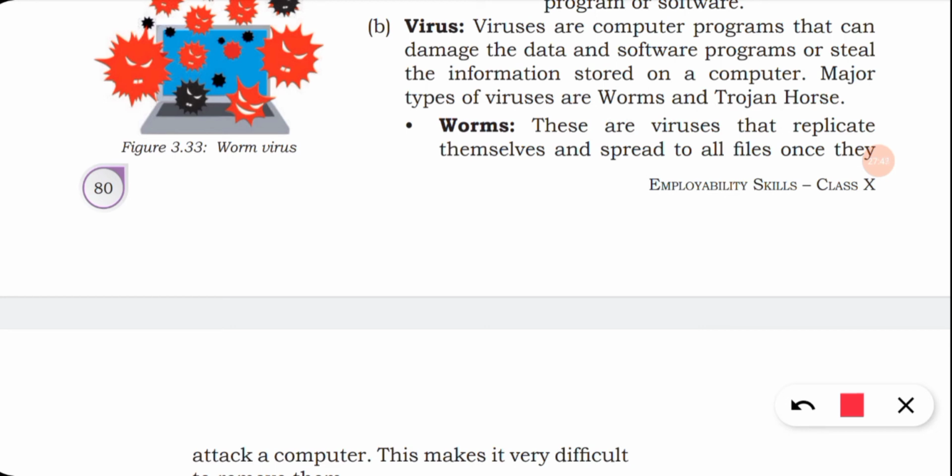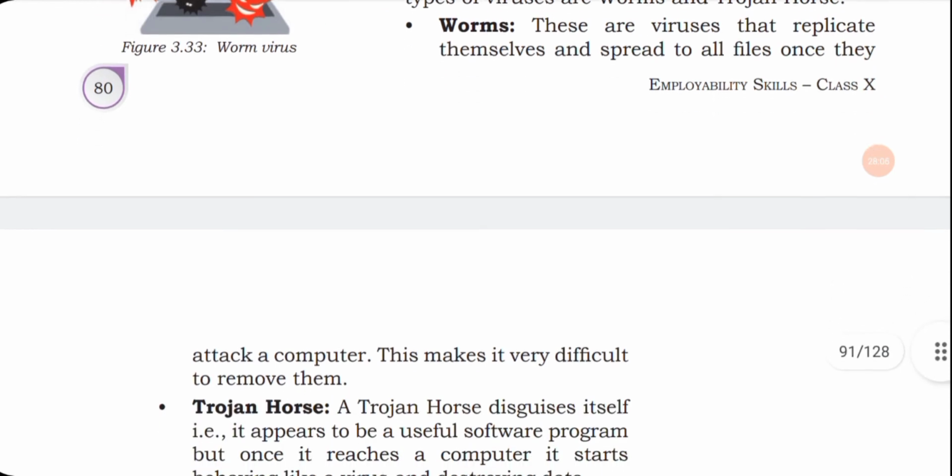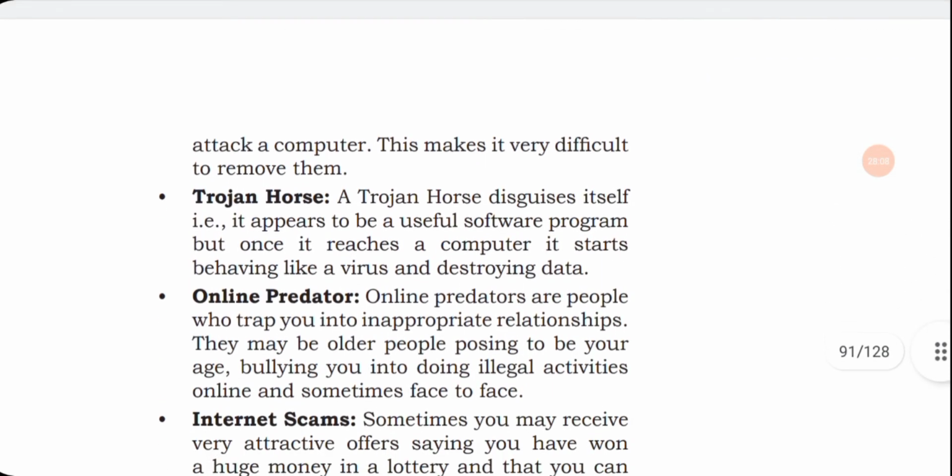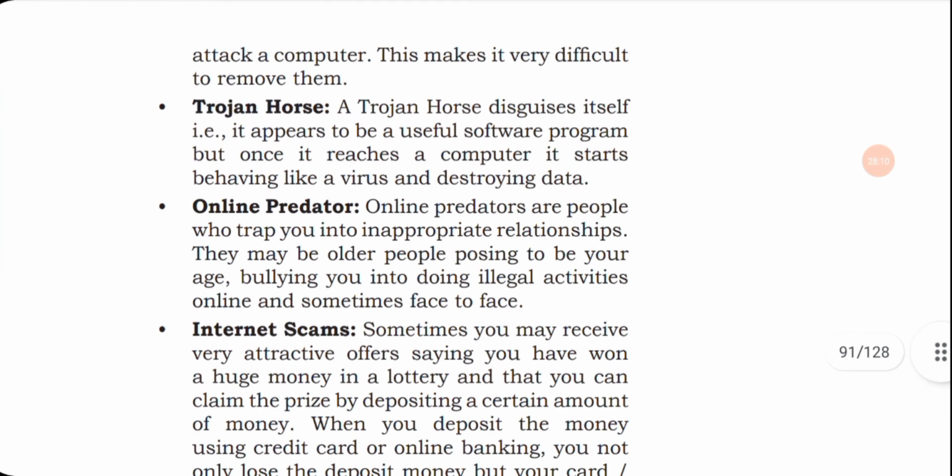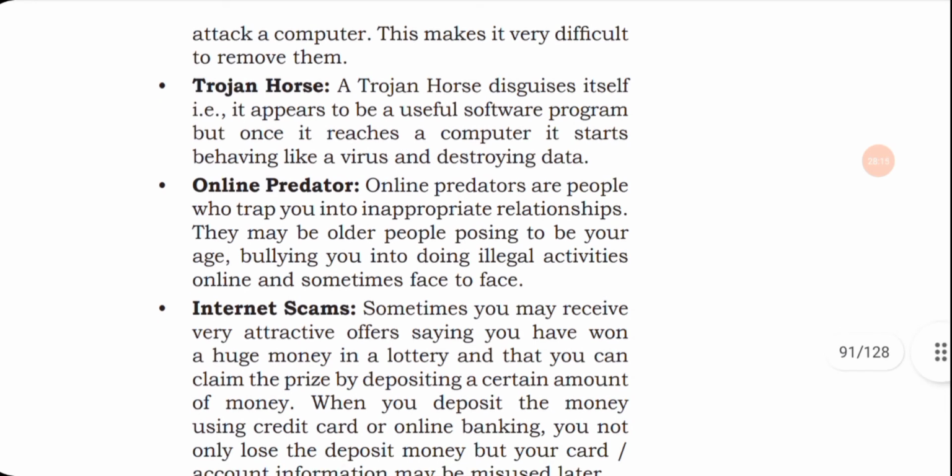Worms are the viruses that replicate themselves and spread to all the files and attack a computer. This makes it very difficult to remove them.